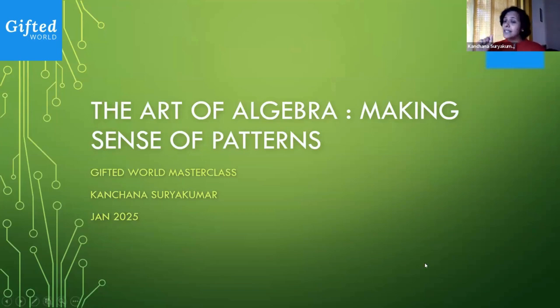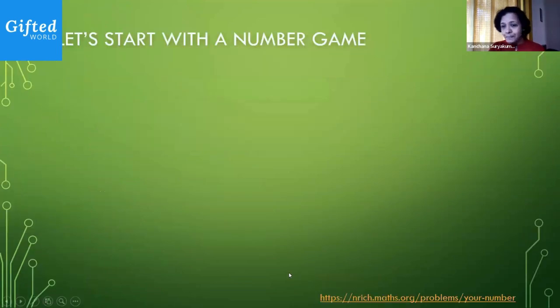Let's start off. Please take out your pens and pencils and papers. I hope all of you have paper and pen in front of you. Let's get started with a simple math game. I'm going to get you to do this maybe 2-3 times, so you can write down the instructions if you want as I call it out. Start off by thinking of a number. Any number, think of a number. And then go ahead and add 3 to that number. If you want to write this down, go ahead, or you can do it in your mind as well.